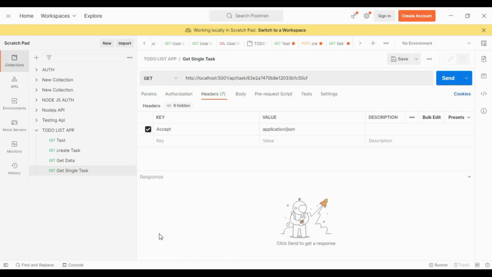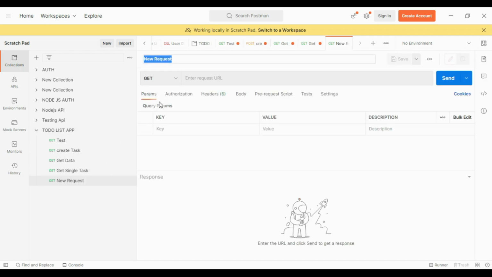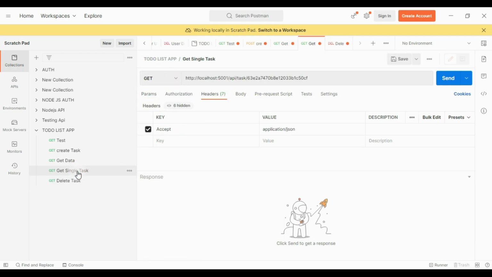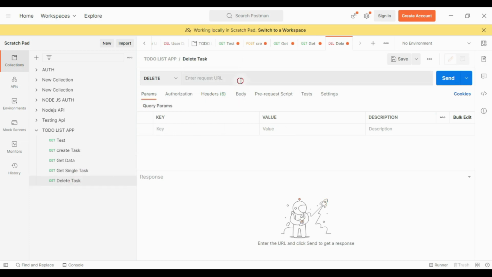Go to Postman, create another request and delete task. Select the delete method. Copy the URL path.